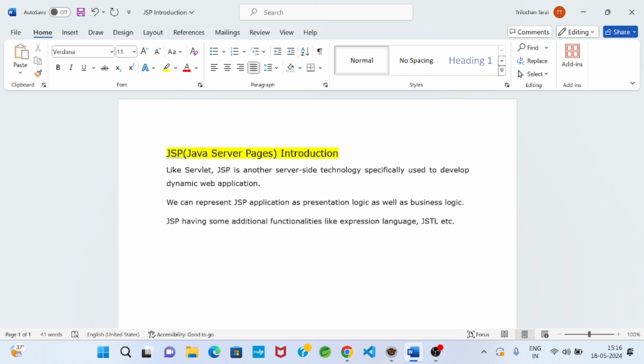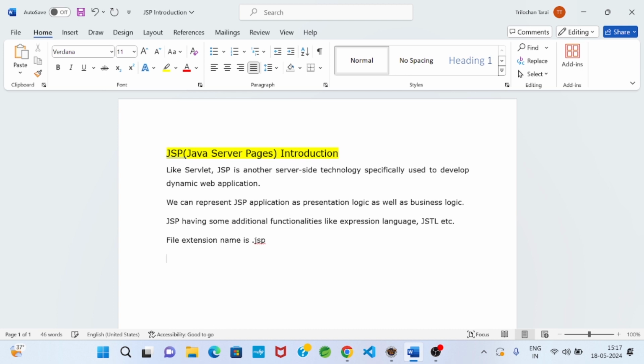Every JSP application file extension name is .jsp.